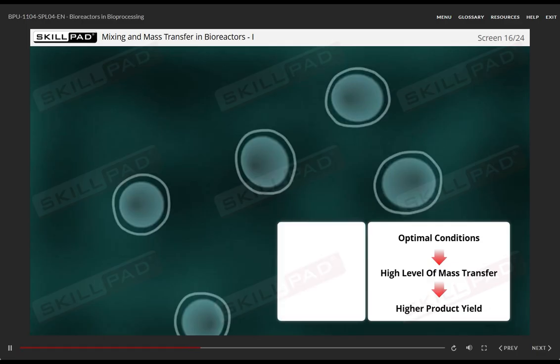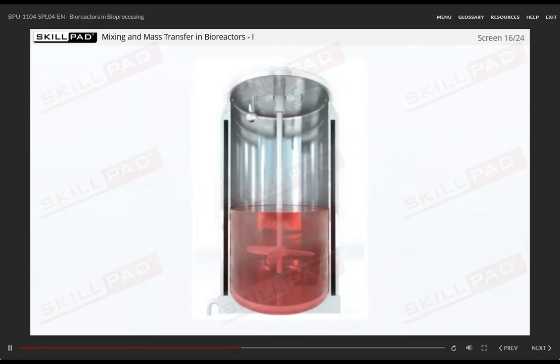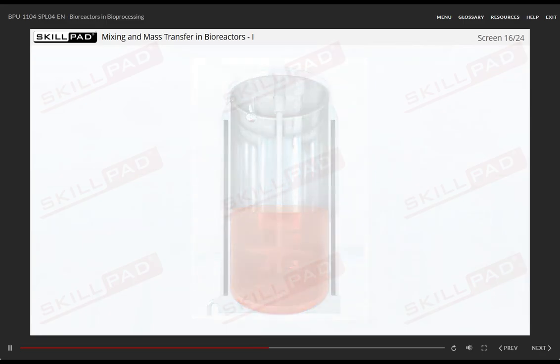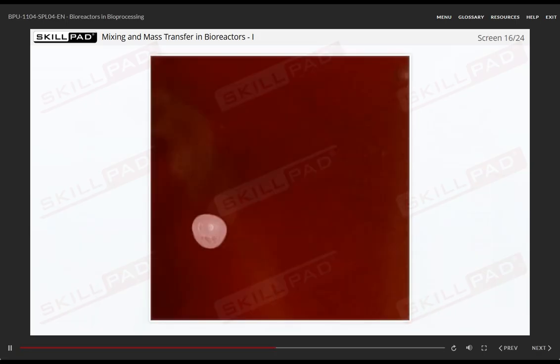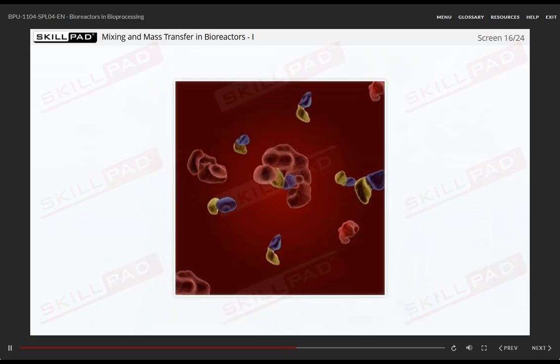It is important, then, that ideal conditions of temperature, dissolved oxygen, and pH are achieved before mass transfer effects are taken into account. One of the major factors affecting optimum mass transfer is a uniform distribution of nutrients within the vessel. This guarantees that each individual cell has access to nutrients, or that a particular enzyme has enough substrate to work